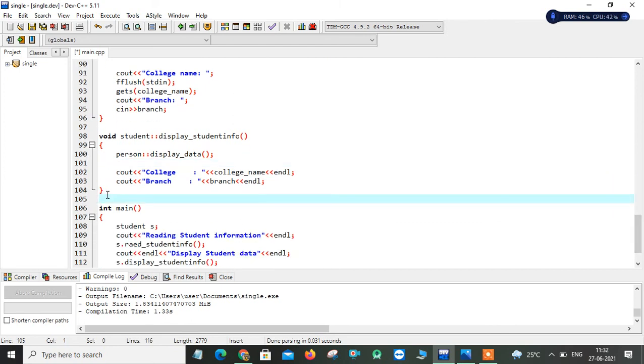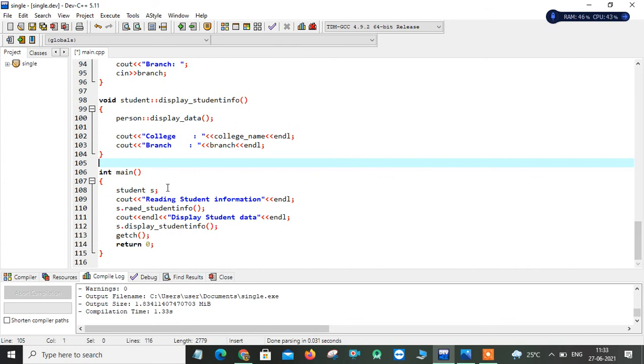So these are the function definitions. We can implement all your function definitions inside of your class or outside of your class. If you implement your function definitions inside, you cannot use any scope resolution operators; we can directly implement. If you want to implement outside, then definitely you can use the scope resolution operator along with your class name. Okay, so then this is your main function.